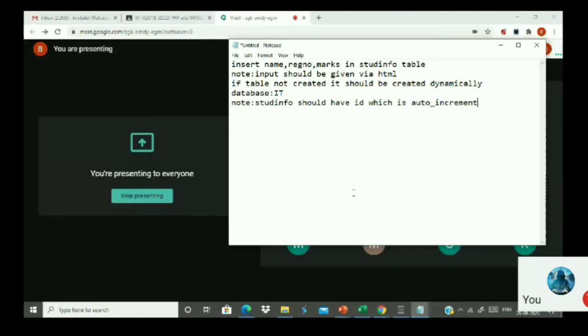How will you create it? Sir, first we want to write an HTML file, sir. Should the HTML file have 3 fields or 4 fields, Mayappan? Sir, 3 fields, sir. Only 3 fields, okay, because I have to insert the data only for 3 fields. So then what should I do? Next step. We want to get the input from the user, and then check whether the table exists or not. If the table exists, we can directly insert the data, sir. Otherwise, we should create the table, sir. Okay, if the table exists, then we directly insert inside the table. Otherwise, we should create the table and then insert.